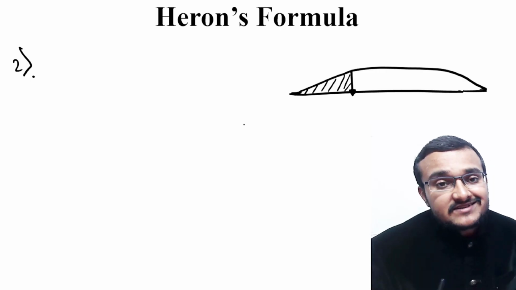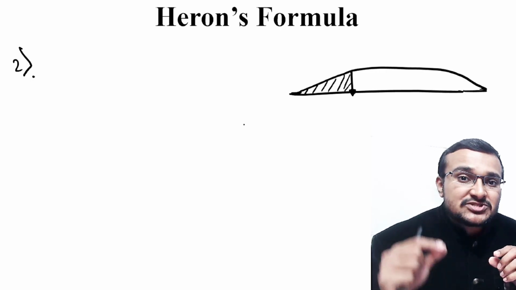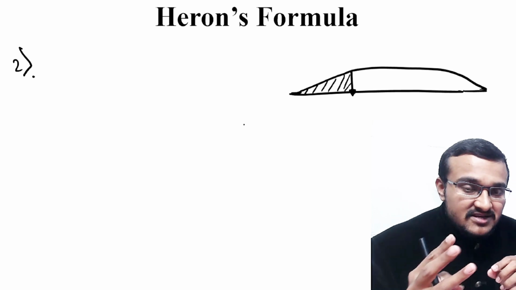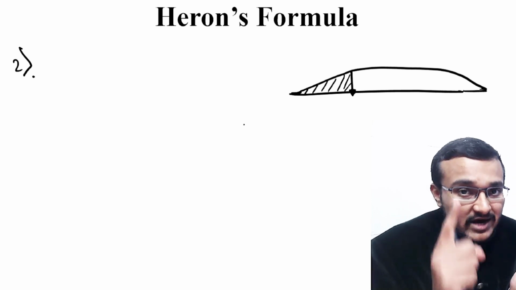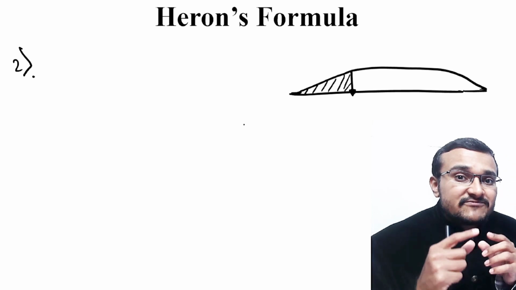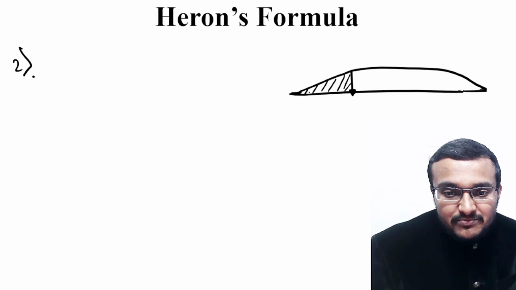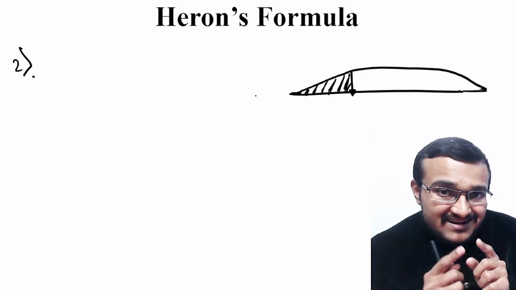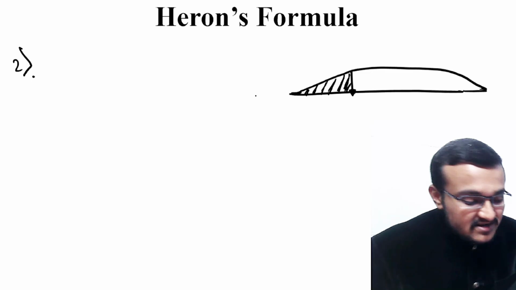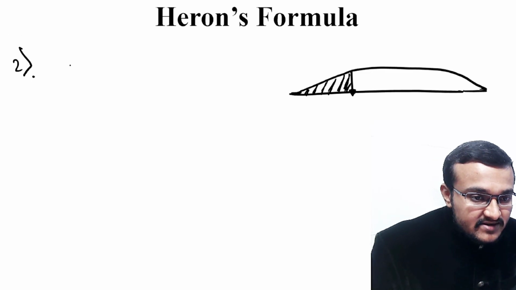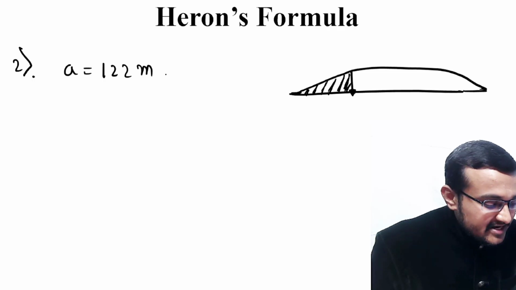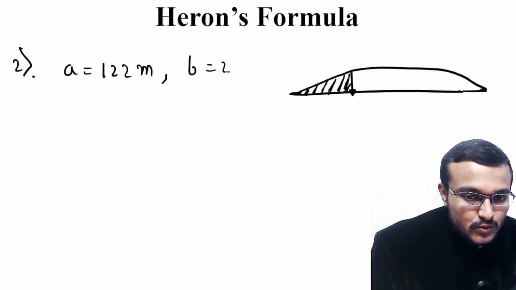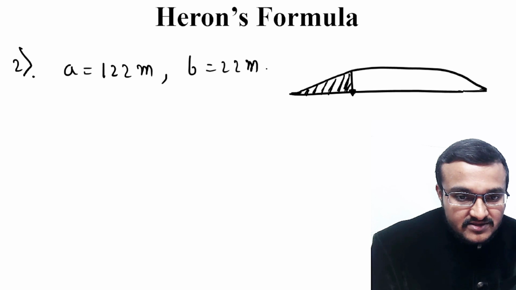So now you have to calculate the total cost which the company has to pay for 3 months. Here 5,000 per meter square is for 1 year, and you have to calculate for 3 months how much the company has to pay the owner in order to utilize this particular triangular space. So in order to calculate that, you have to calculate the area of this triangular space, and here one side of this triangular space is 122 meter, the other side is equal to 22 meter, and the third side is